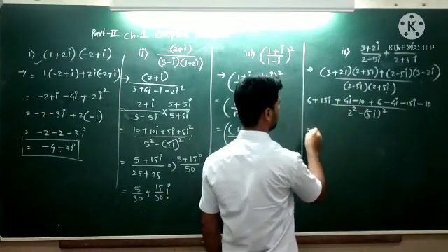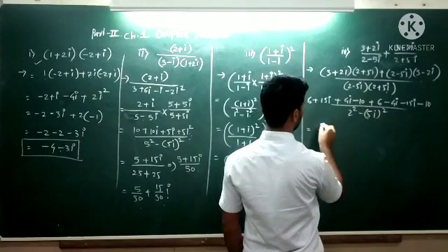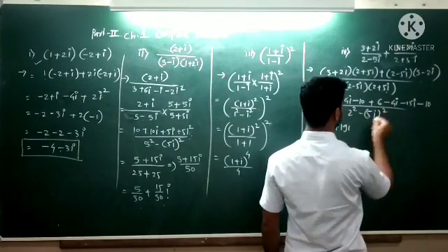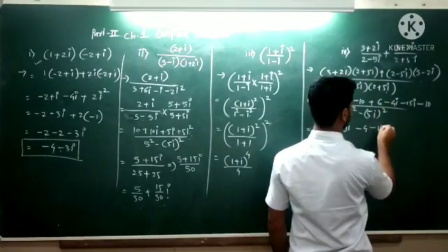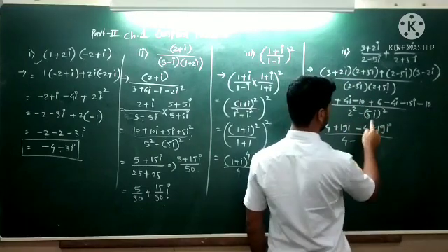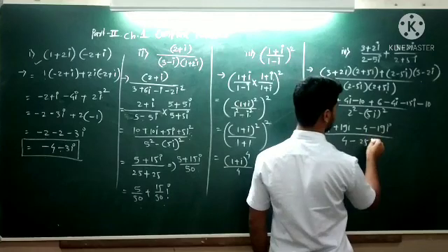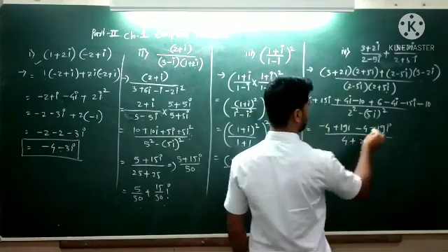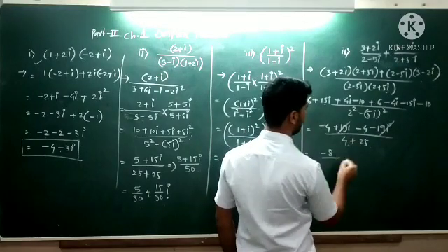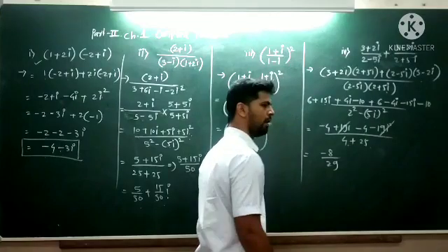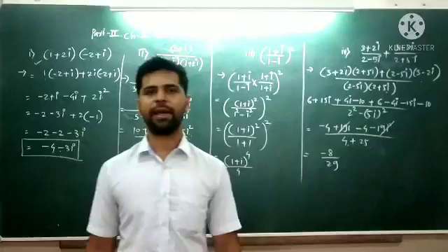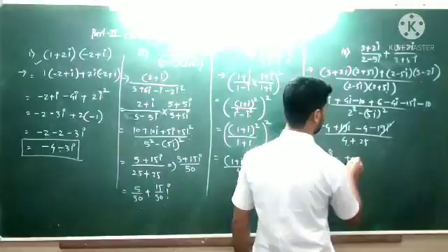So simplify this. 6 minus 10 is minus 4. 15i plus 4i is 19i. 6 minus 10 is minus 4, minus 19i, divided by 4 minus 25 i square. i square is minus 1, so minus 1 becomes plus, so 4 plus 25, that is 29. Okay. So minus 8 upon 29, this is only the real part, but we don't have an imaginary part here. So we can add an imaginary part like this.